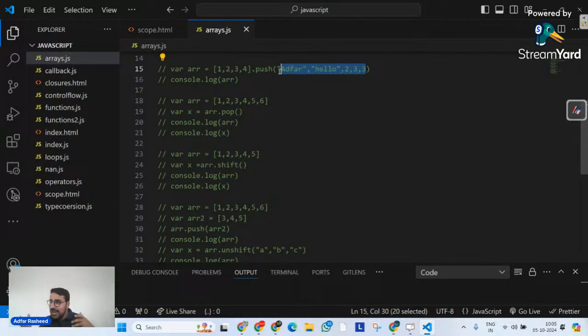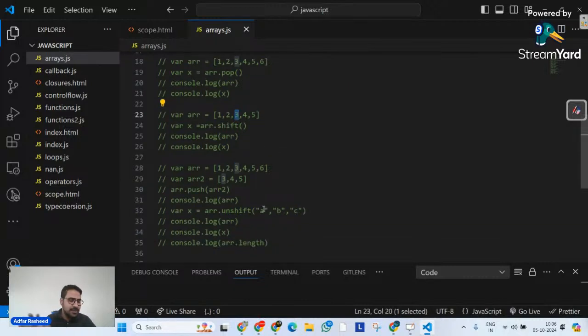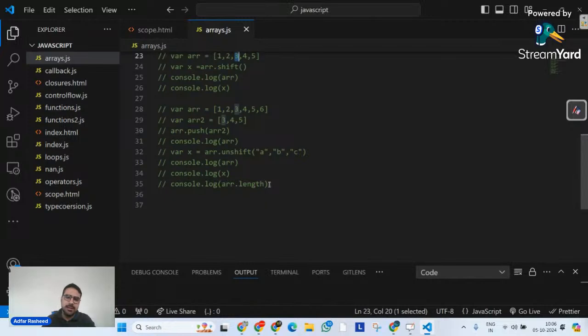But on the other hand, when we talk about what it returns, it's going to return the length of the array that we have, the total updated length of the array. Exactly, that's what it's going to return. In a similar way, pop will return the last element of the array, shift is going to return the first element, and unshift is going to add the rest of the elements at the first index. These are the few things which we discussed in our previous class.